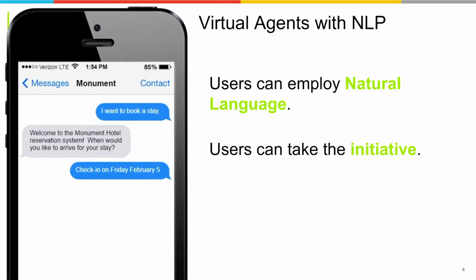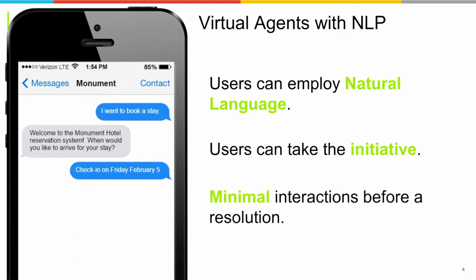But the advantage to that is minimal interactions. So if you're talking to an IVR and you have to go through a menu system, then each branch of that menu system can only have 3 or 4 or 5 possible options. And if there are lots of different things that your customer can do, it's going to take several layers of this interaction to get to the final step. But if they have the first turn and they can say anything at that initial step, it's possible that right there, they've already told you exactly what you need to know for what use case they want to go into, what dialogue flow they want to enter, and you've already got yourself partway towards the resolution.